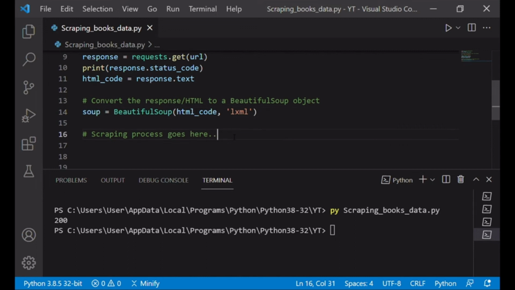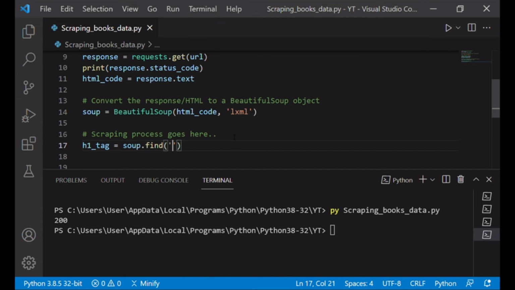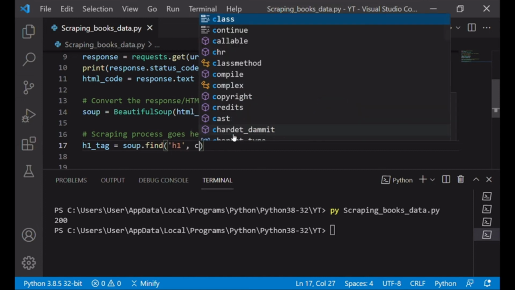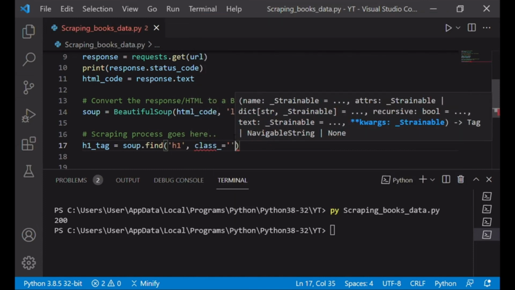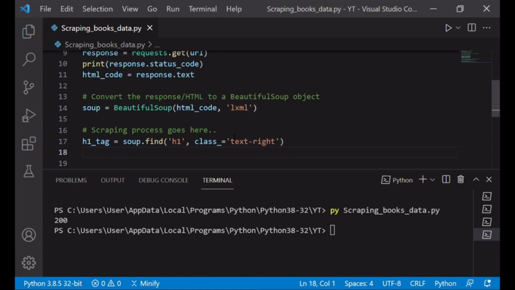So we are interested in extracting the string from the h1 tag. Let's call it h1 tag is equal to soup dot find. The tag is h1 and the class is equal to text. This is how you select the h1 tag with class as text.